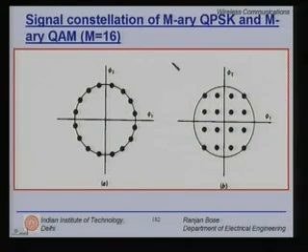So just a graphical feel for the signal constellations for M-ary PSK and QAM. On the left hand side it should be M-ary PSK, and on the right hand side M-ary QAM. Please note here, the more points I try to fit in, I constrained myself. Here clearly all of them have equal amplitude, but here as you can see the 16 points are located here and they are less densely packed, hence the probability of error will be better in this case.